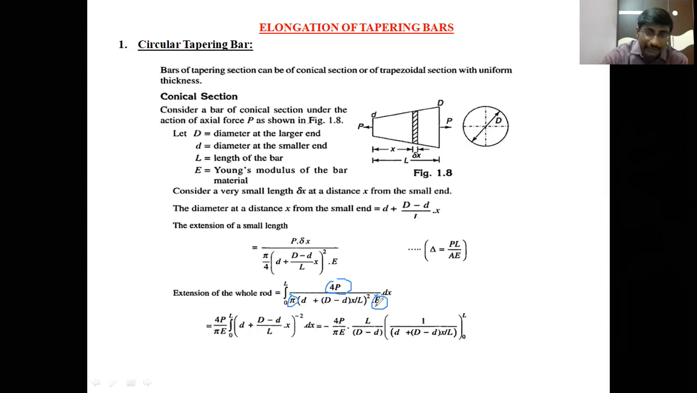We can write the denominator in the numerator with whole power minus 2. If the denominator is a square, then it can be written in the numerator as whole power minus 2, into dx. So by integrating this total equation,